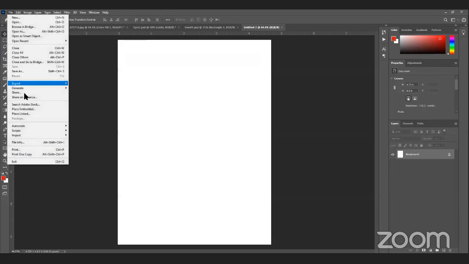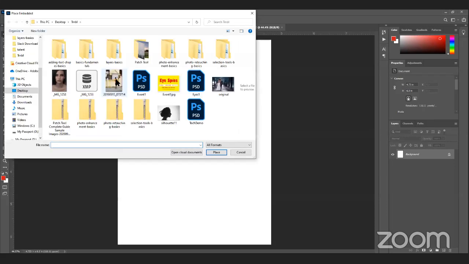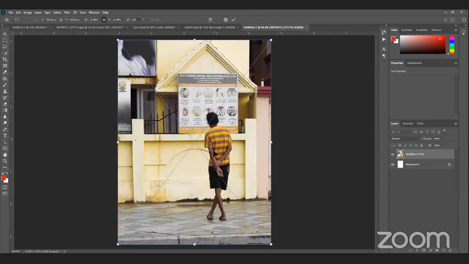File, place embedded, my document. As you know, I'm a street photographer, and I want to have an exhibition of my photographs. So I want to create a flyer or a poster for that.